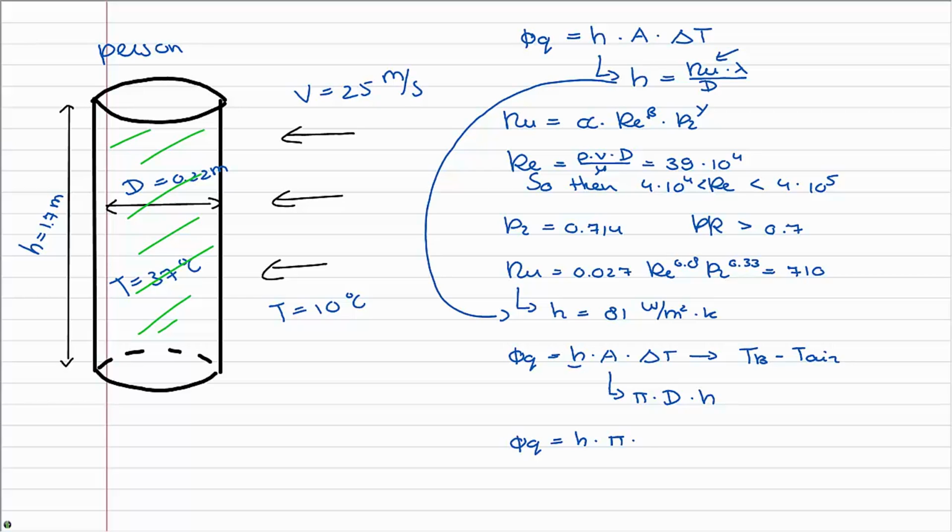So we fill in the numbers for the area, we fill in the numbers for the difference in temperature, and we find 2.5 kilowatts,